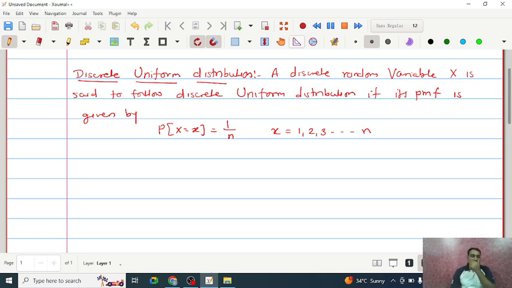The example of discrete uniform distribution is through a die. So it takes values 1, 2, 3 up to 6, each having probability 1 by 6. The mean of this distribution is